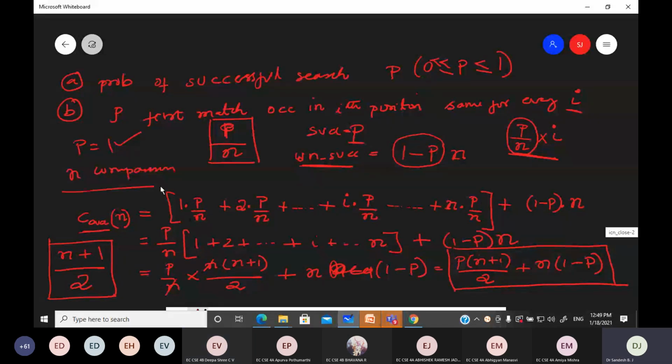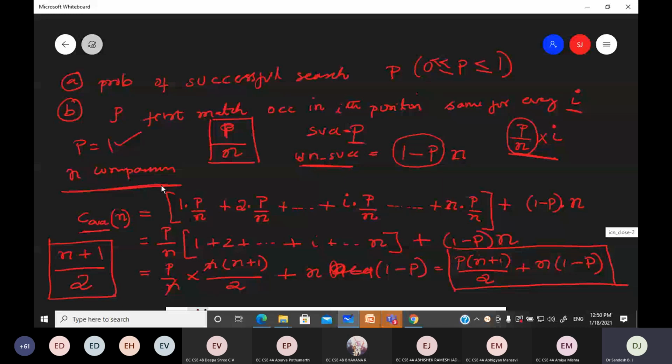Is that clear? So it's not easy to find the average case efficiencies because we need to take care of all kinds of inputs which we could give to our algorithm. So we need to use probability theory in the linear search example to find the average case efficiency. On an average, if it is a successful search, the time taken is N plus 1 by 2, where N indicates the number of elements in an array.